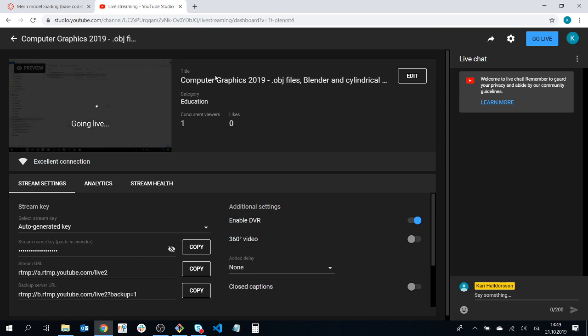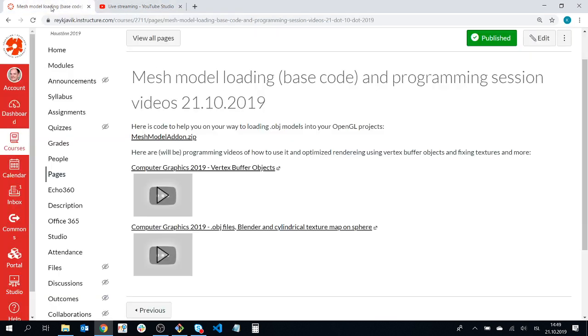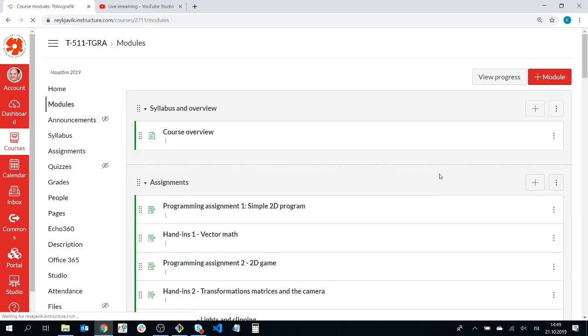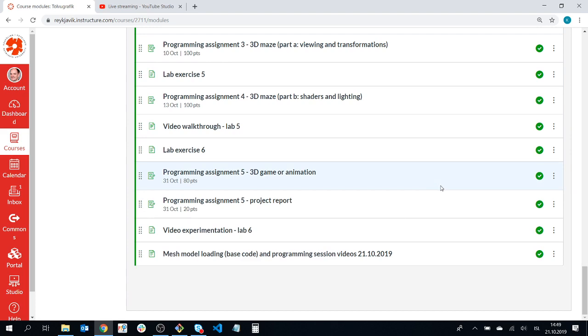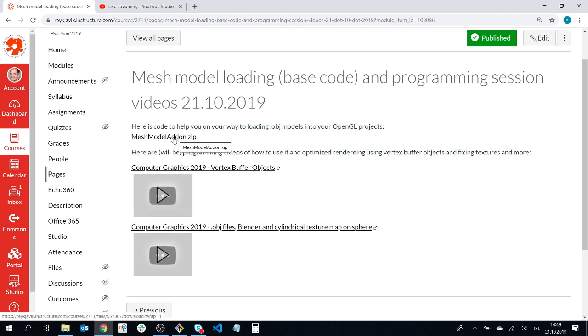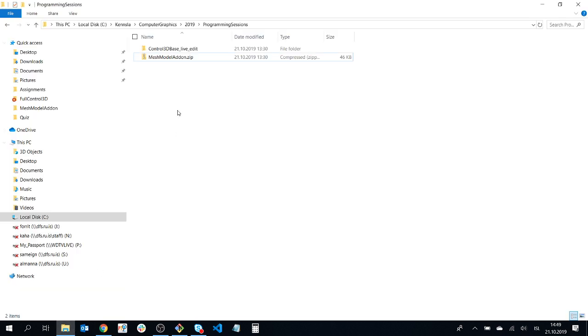All right, so here under modules, right now, here at the bottom under 3D OpenGL programming, we have basically these videos, and we have also this zip file here, mesh model add-on. I've already got this zip file here,